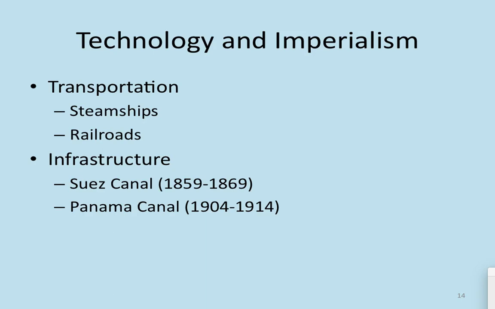Remember, we are moving raw materials and manufactured goods to and from. Is that heavy stuff or light stuff? Heavy stuff. So because it's heavy stuff, we have to make sure that we are able to do it quickly. So we need railroads and steamships. The infrastructure is the biggest, most important thing.